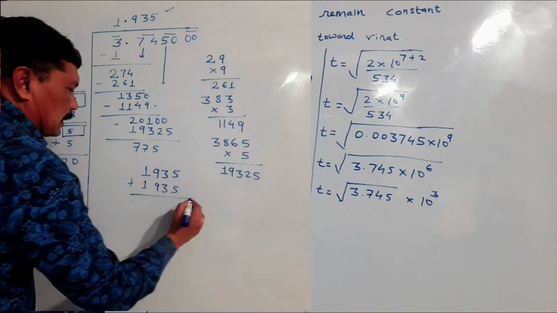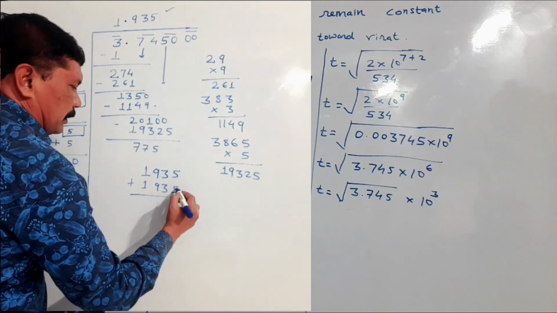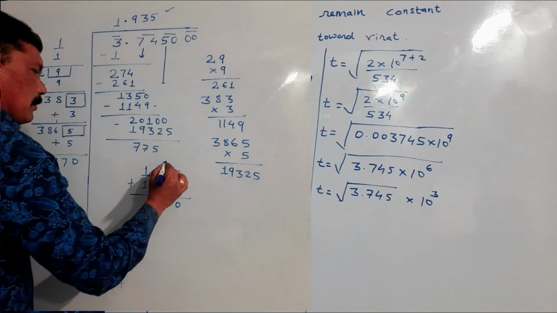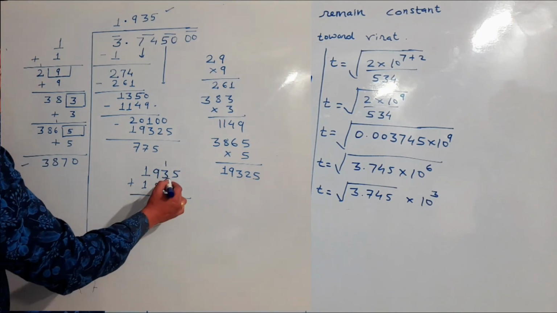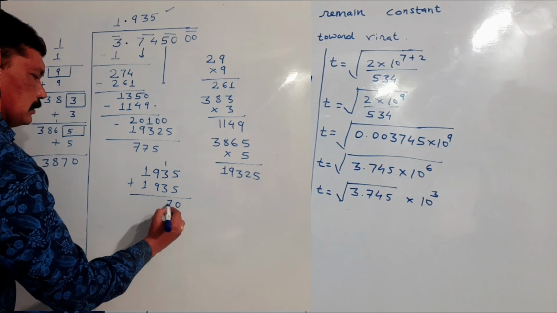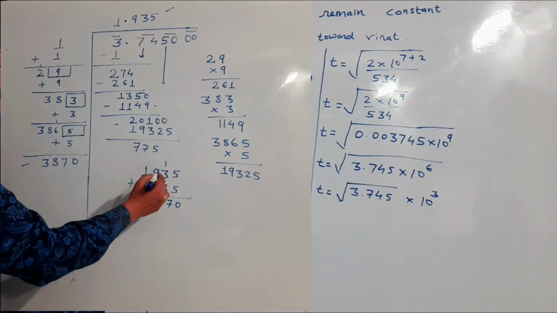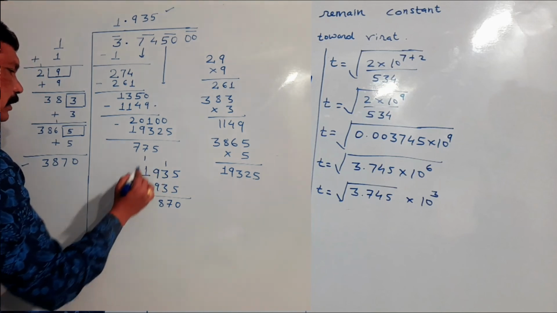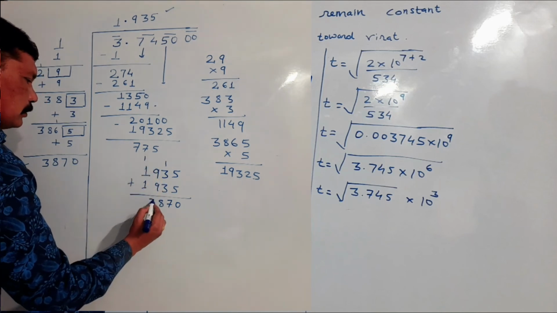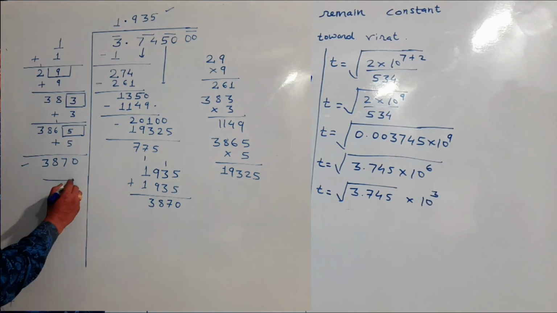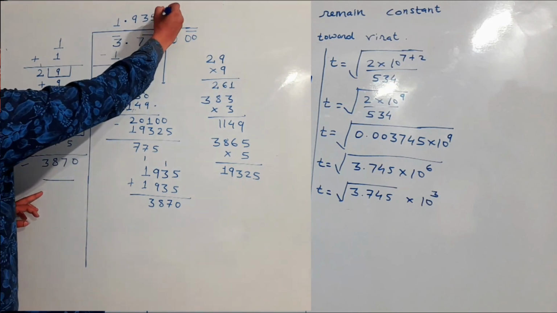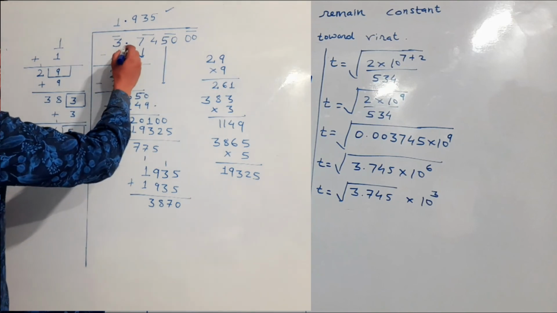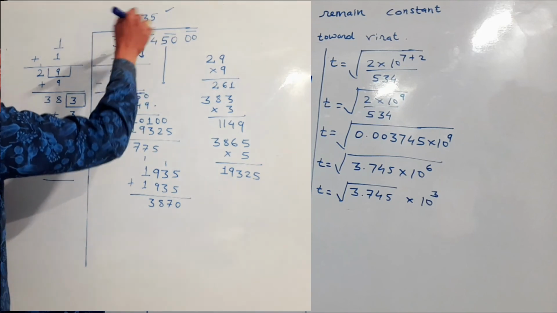Let's see whether the answer is correct or not. 5 plus 5, 10, 0, 1 carry. 3 plus 3, 6 plus 1, 7. 9, 2 is 18, 8, 1 carry, 1, 2, 3. So my dear student, this value is double this value, and therefore the square root of 3.745,